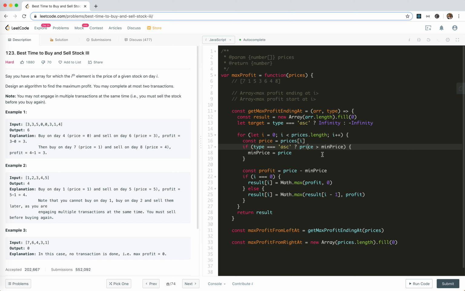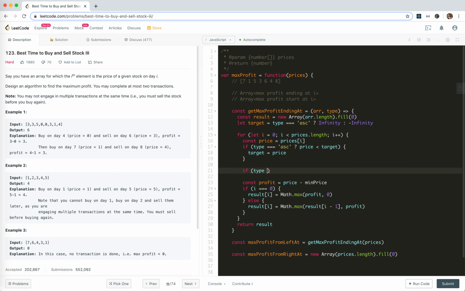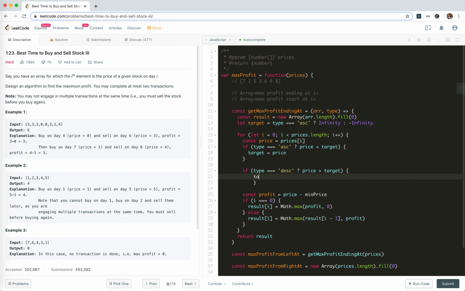Price should be smaller than the target. Ah, I'm so stupid. Set a target. If type is descending, then we should get the maximum, right? So target equals price. So now profit equals, if type is ascending,